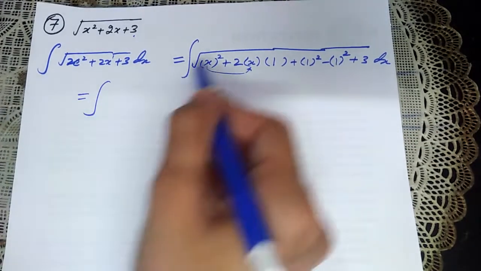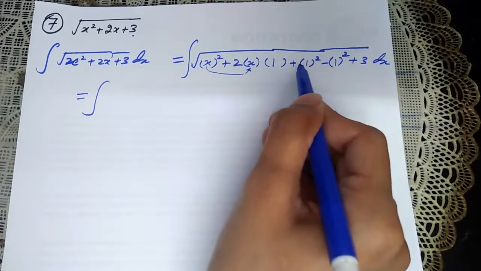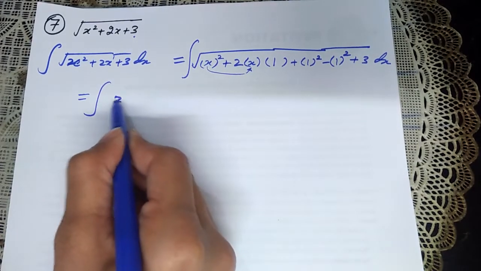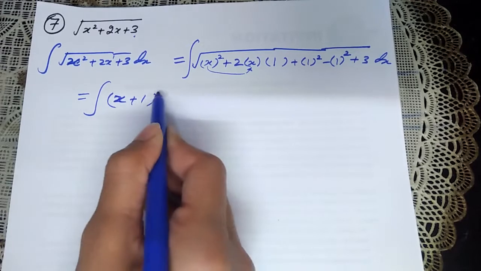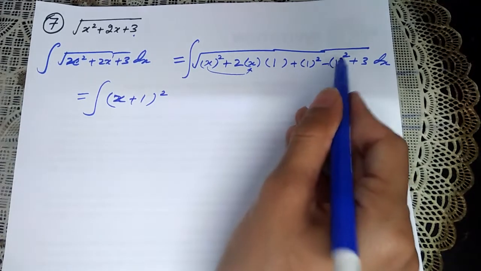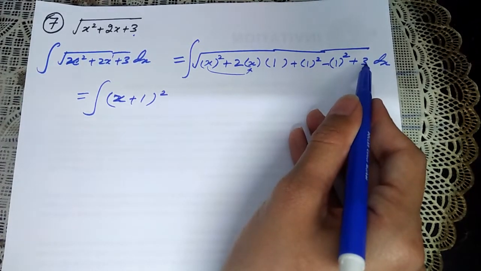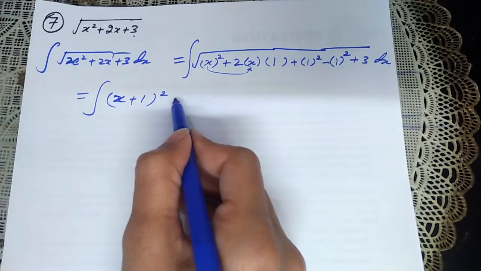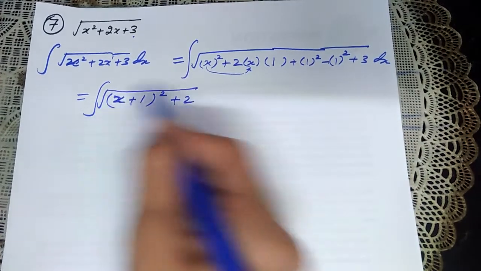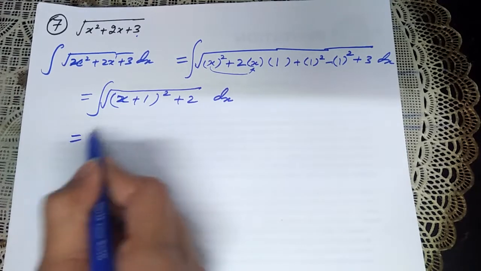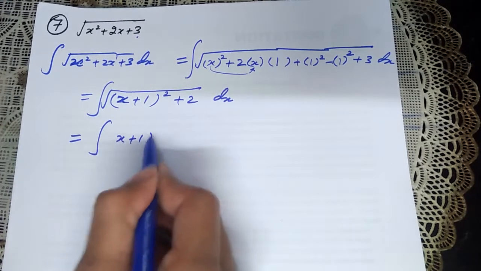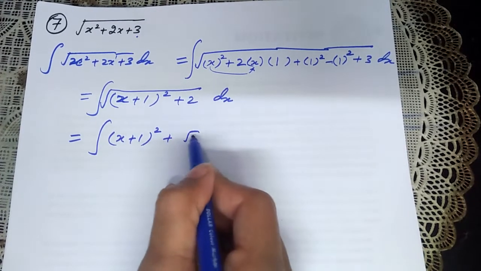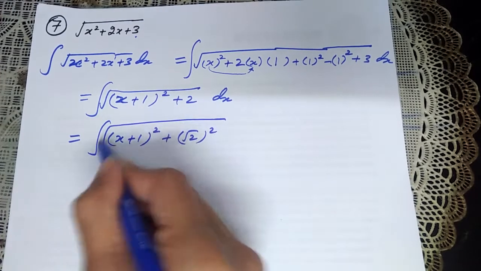Now the first three things, x square plus 2x into 1 plus 1 square, can be written as x plus 1 whole square like this. And the rest of the thing, negative 1 whole square plus 3, you will get here plus 2 under root dx. You can write it like under root x plus 1 whole square plus under root 2 whole square dx